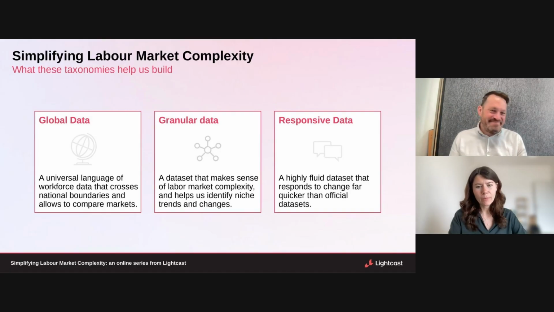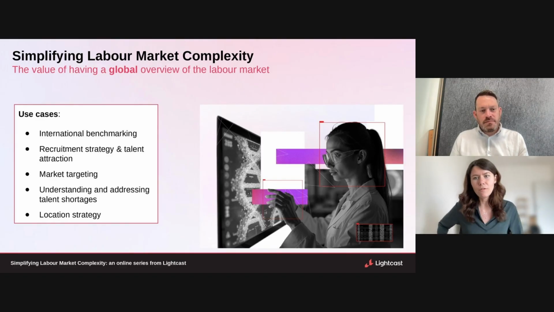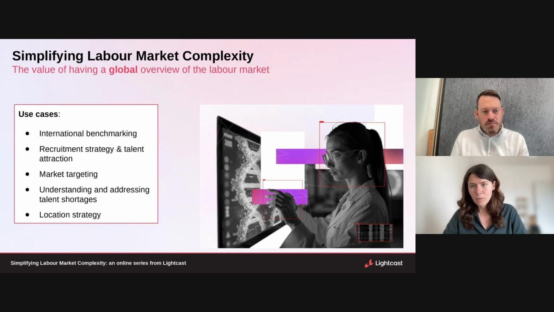Yes, so let's start with comparing apples to apples. So let's go into the details of global. You may come across from your work questions related to how the UK is comparing to such and such countries when it comes to this sector. For example, we have actually done some work on that recently on the life sciences sector. So we were working with an organization on the life sciences sector in the UK, and I wanted to understand how that compared in terms of number of jobs and recruitment activities in different parts of the world.